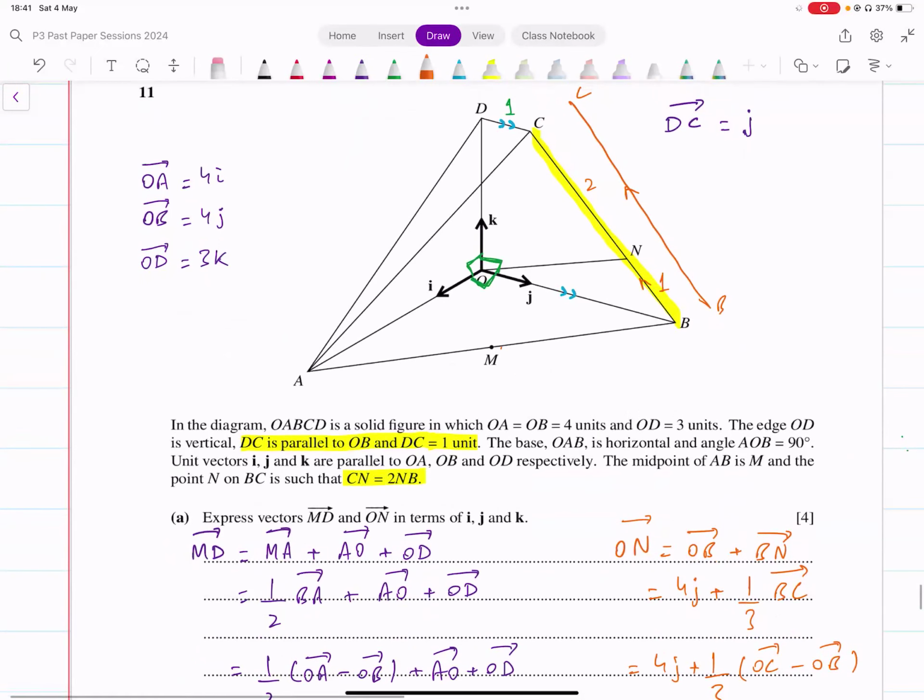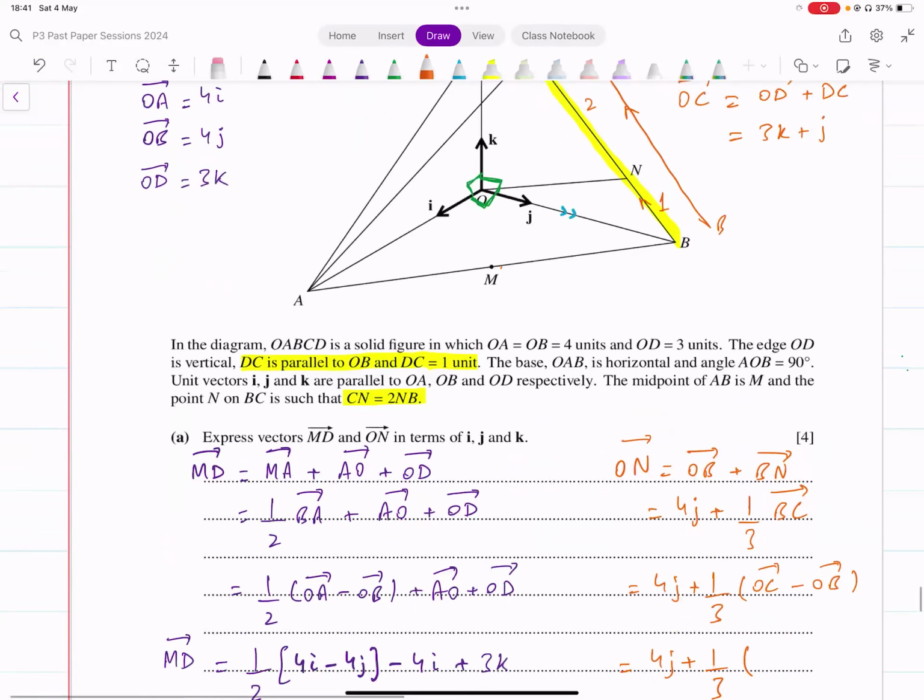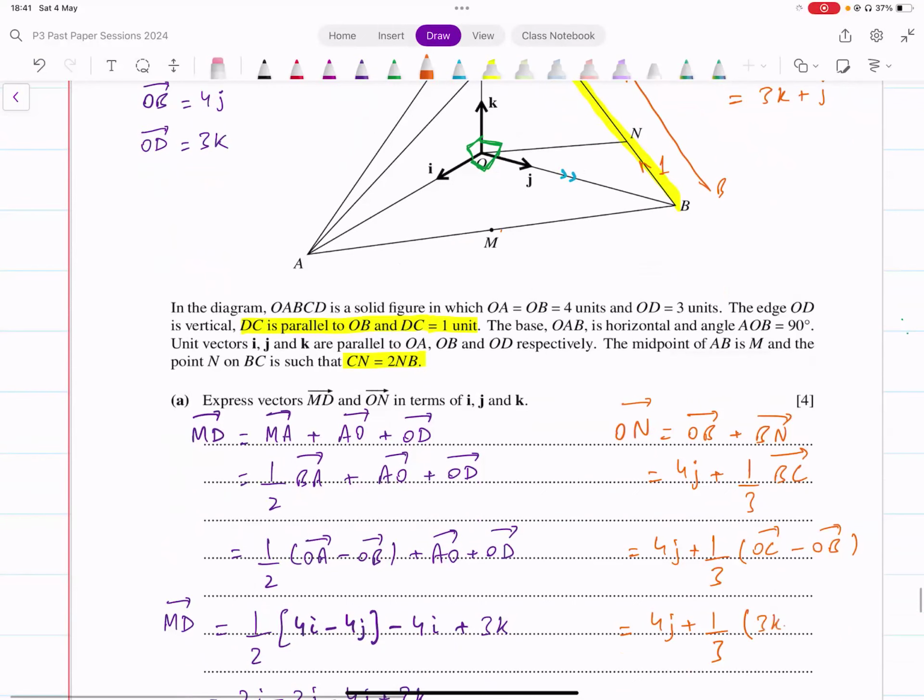Okay, now we also do not know OC. How do you find OC? You can go from O to D and then from D to C. Let's write that down here. OC vector is OD plus DC. We know both of them. OD is 3k and DC is j. So OC is 3k plus j. Let's put that here. 3k plus j